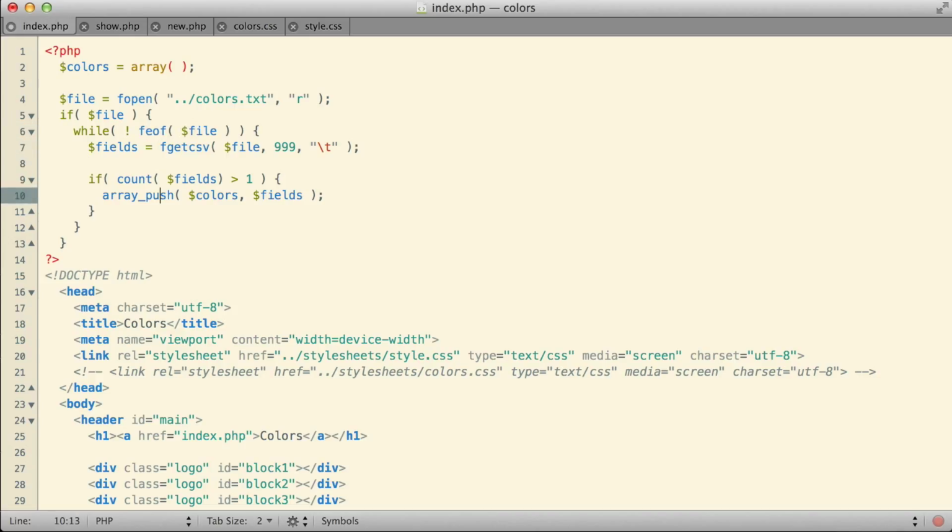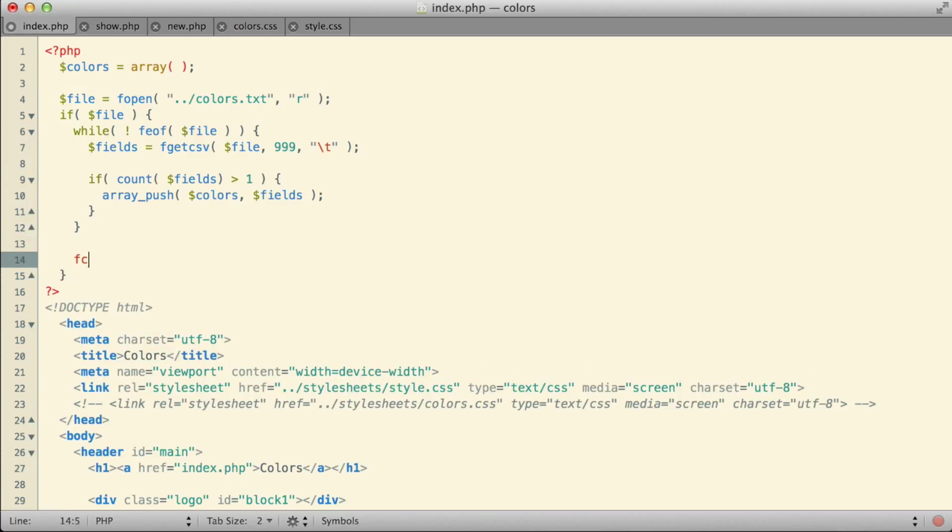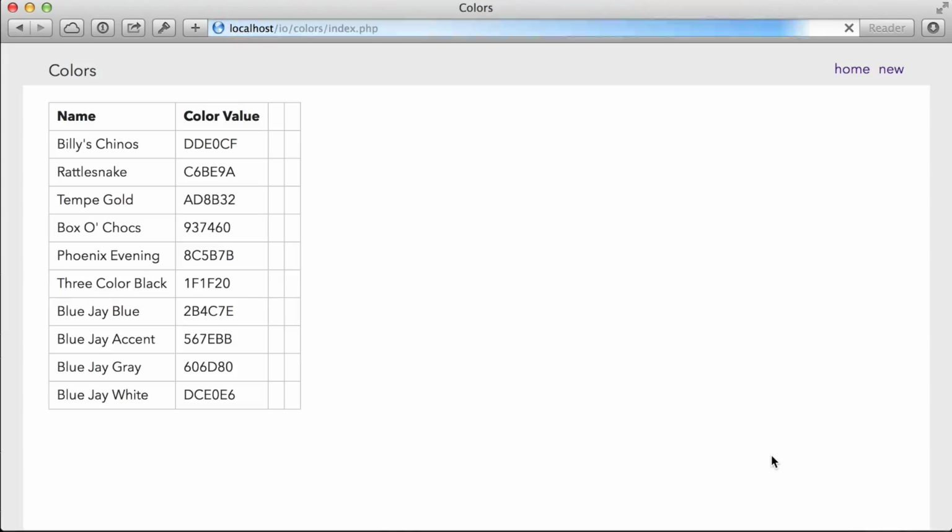There we are. And now that I think about it, I also forgot to actually close my file, didn't I? So let me go ahead and throw an fclose in there as well. When you're reading from data, the close doesn't matter so much, but it certainly won't hurt anything to have it there. Now back over to the browser again, refresh. There we go. So I'm getting the names of all my colors displayed, and the actual color values look like they're coming out fine. And then I have 2 extra columns there to fill in with some other bits and pieces that I want to put with them.